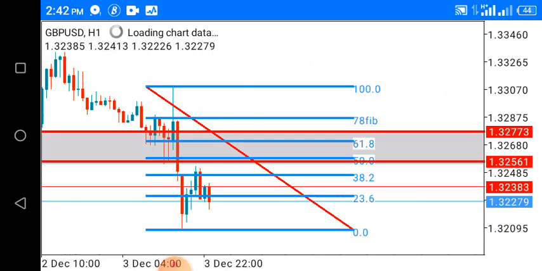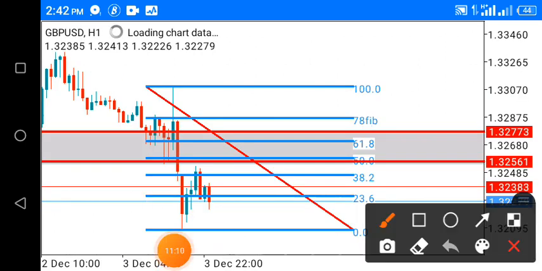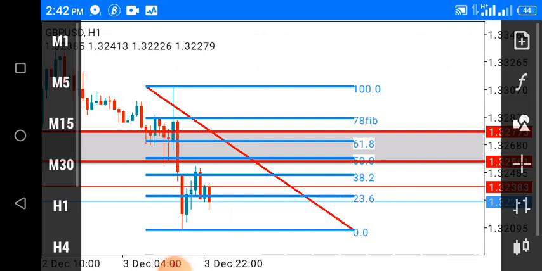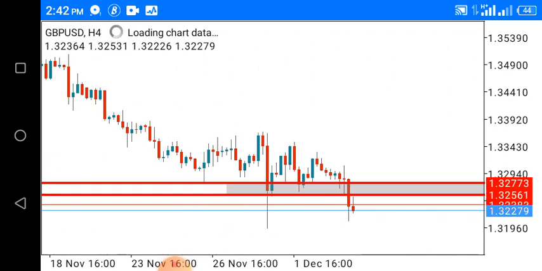So when I moved to the lower time frame, I saw that clearly price broke through the structure. So what I'm waiting for now is for price to go back to some level of Fibonacci, and then give me a pattern, and then I will join. This is the strategy that has been working for me over and over and over.